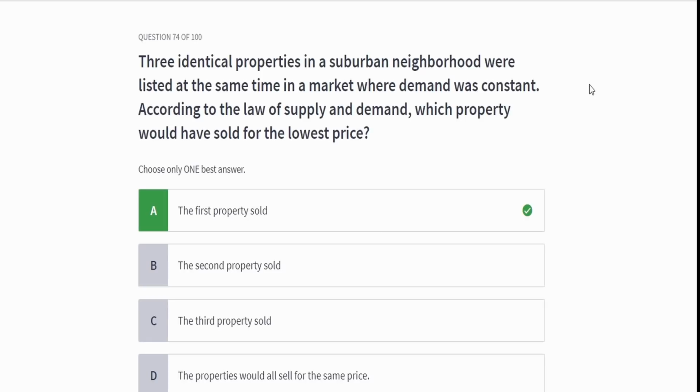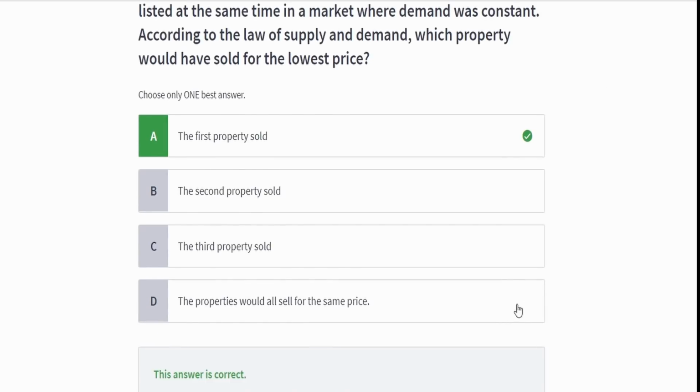So if you did not understand this, I encourage you, please watch our video on supply and demand. It'll give you a better explanation of how that works, and how you could dissect things and understand properties and economics. And yeah, we have a whole full video on real estate economics. I encourage you to check that one out if you did struggle with this question.